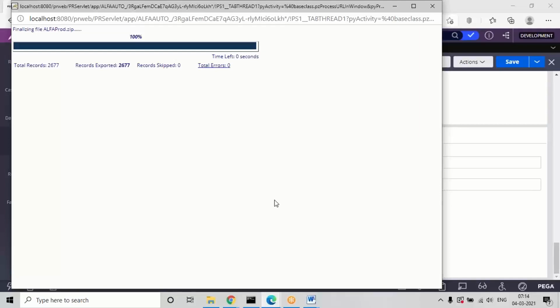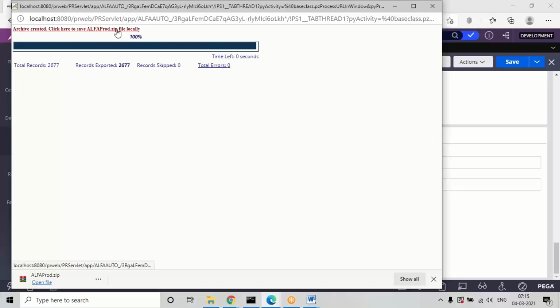When you save that, it will be automatically saved in the download path by default. In your system, check it in the download folder. I'll show you when to click. After finalizing is completed, then click on that, and it will be saved in the download path in your system. Once "archive created" is completed, you need to click here to save the file locally. By default it will be saved in the download path, and it is completed.